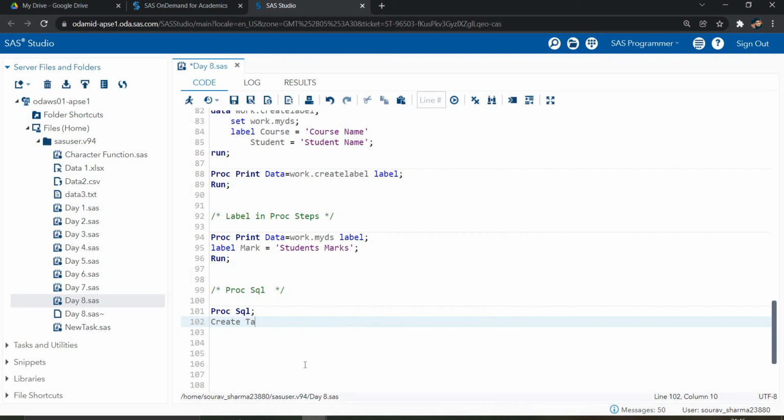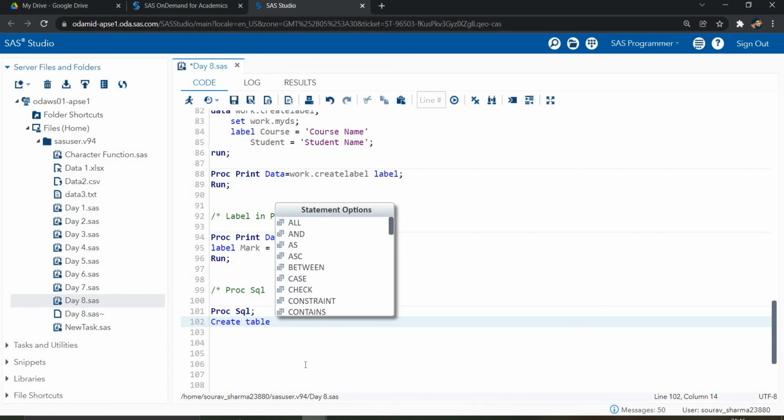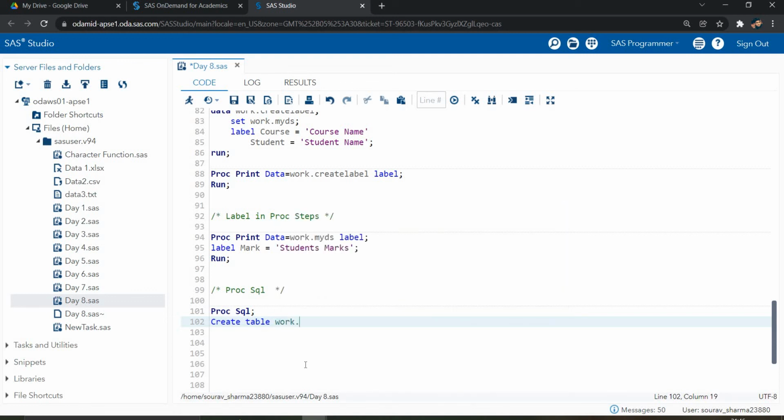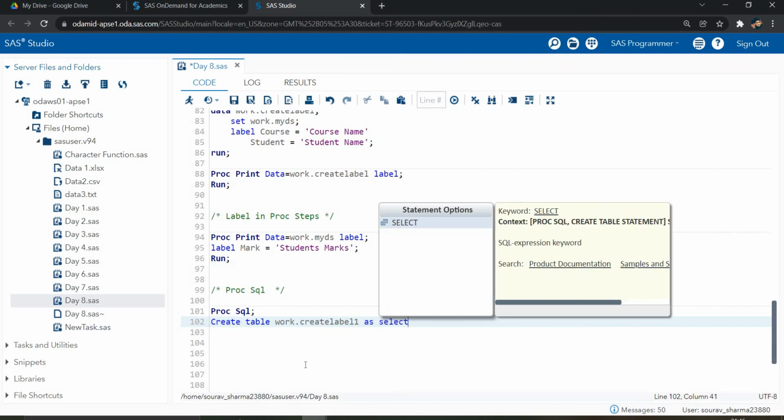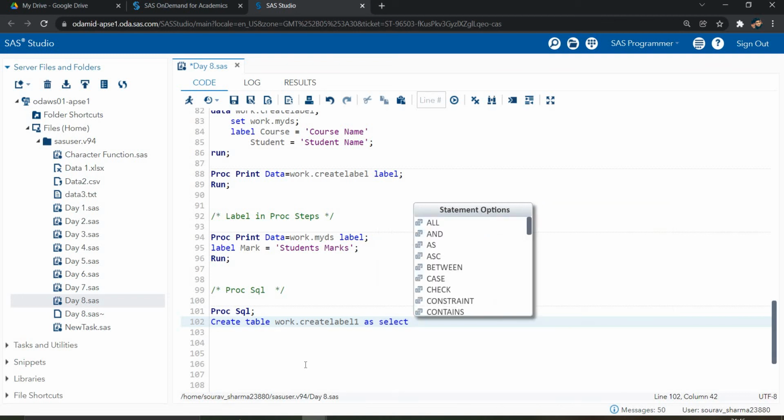Then we are writing the create table. I think everyone knows how to write create table. I'm creating one table. My table is work dot create label 1, as select.